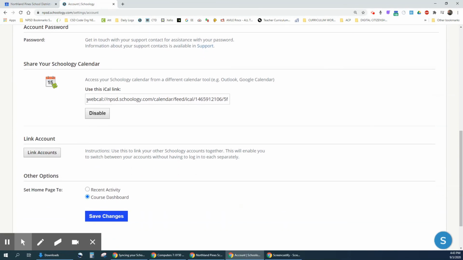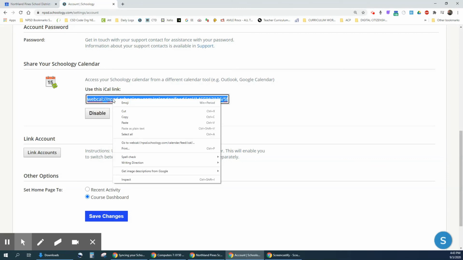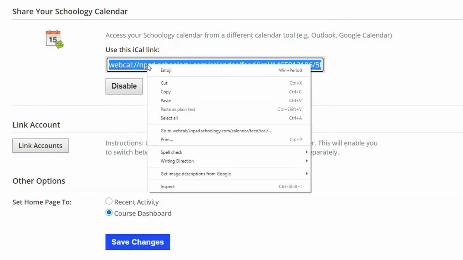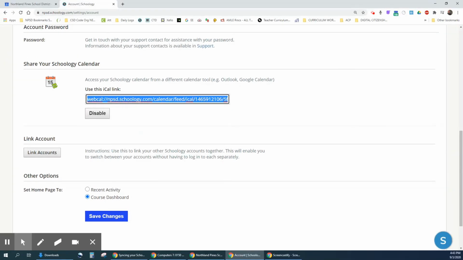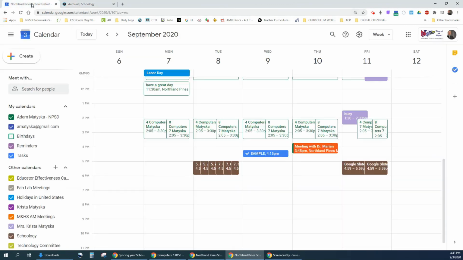This will give you an iCal link that looks like this. Go ahead and select this entire link and then either right-click or two-finger tap and select Copy to copy the link. Now you'll go back to your Google Calendar, and over here on the left side, right about in the